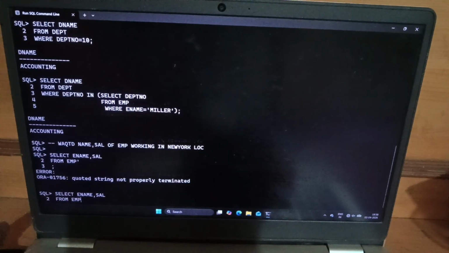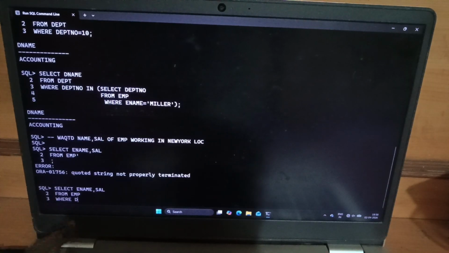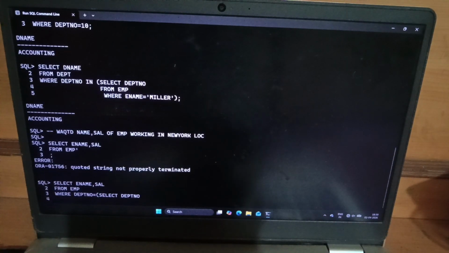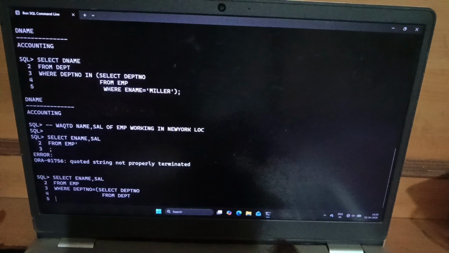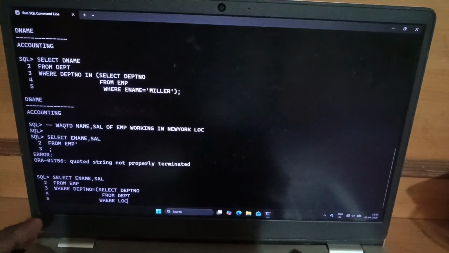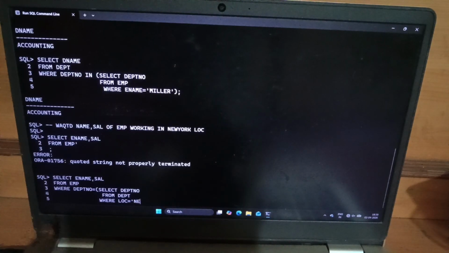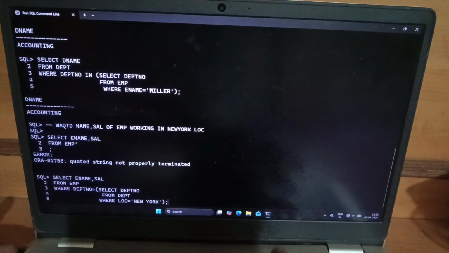Select ename, comma, sal from EMP where department number is equal to, in brackets, select department number from DPT where location is equal to New York. In New York there is a space. If you look carefully at the DPT table,